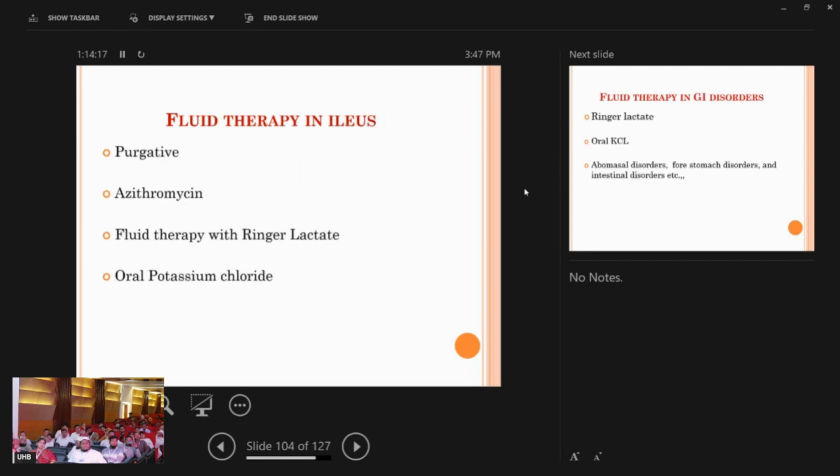Fluid therapy in case of EDS. EDS means the animal is not passing dung, dung stasis is there. When you do the rectal examination, you will get some findings. Tomorrow I will tell the practical things. Suppose dung is scanty in nature, it indicates a poor stomach disorder. Complete absence of dung